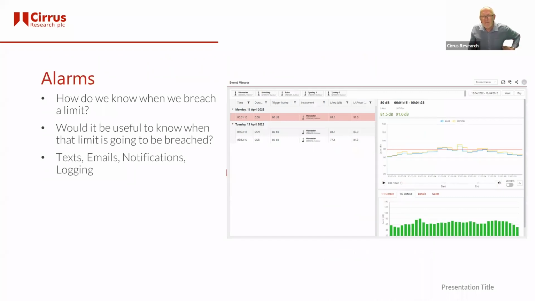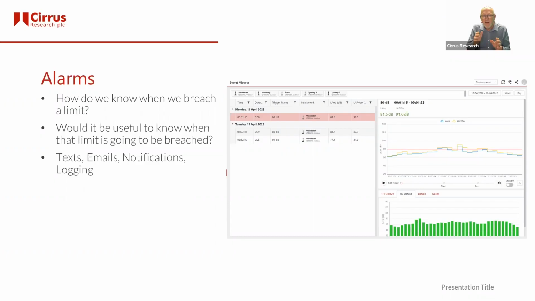So, alarms. Would it be good to know if we breached a limit that's in our agreement? I think it would. I think it'd be useful to know, and the site can then take a decision as to how it wants to proceed. It would also be useful to know whether a limit is going to be breached. The systems these days will tell you that you breached that 5 minute or 1 hour alarm level, you breached it for the last hour. Then you can look to see what's happening out there and quiet it down for the rest of the day.